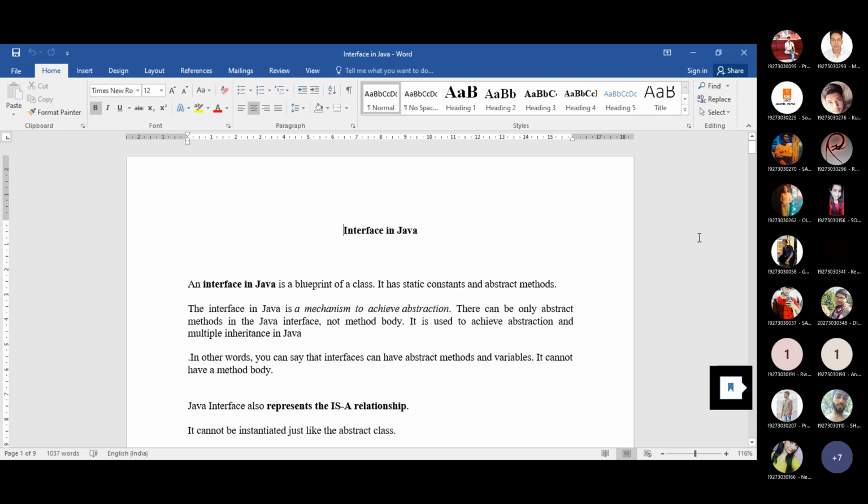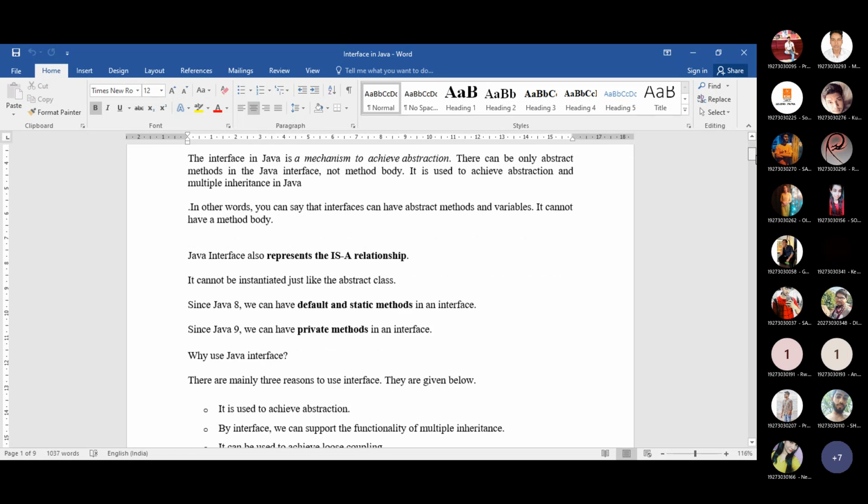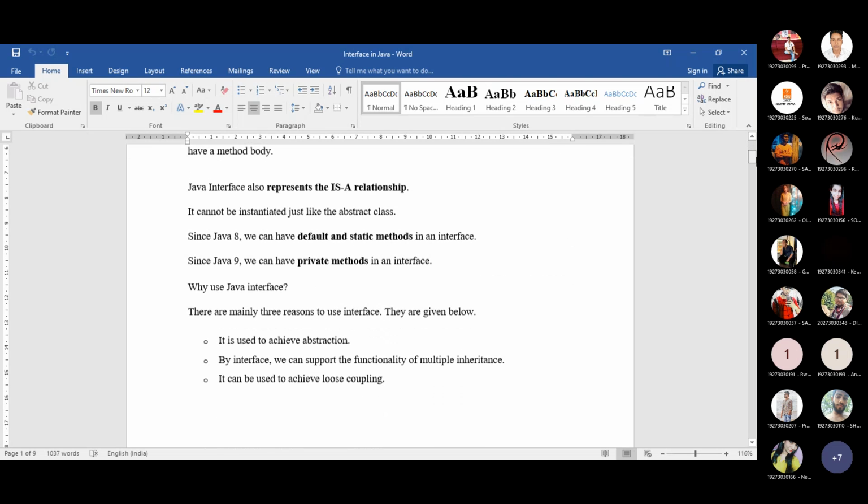Fully abstract means all the methods that you put in your interface will be abstract methods. There is no provision or flexibility to provide a concrete method inside any interface. As well, interface will follow the IS-A relationship. How it follows that relationship, I will show you later.